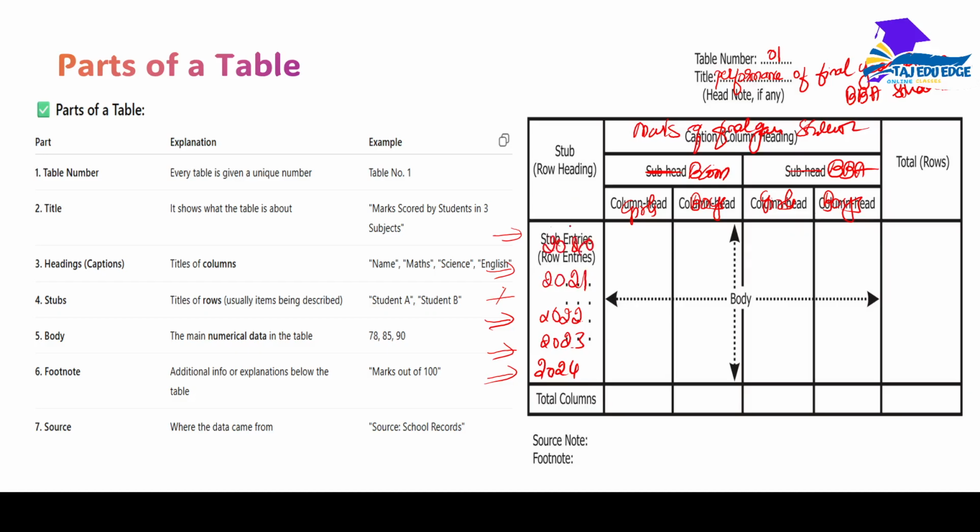These are the rows, that is what we call stubs. We can take year as stubs. We can take BCom and BBA as courses as columns. Columns again are being segregated as column headings, boys and girls. Okay, now if I write, say,